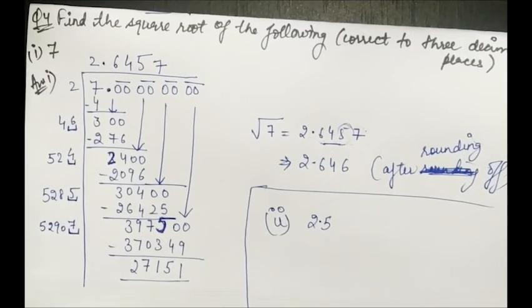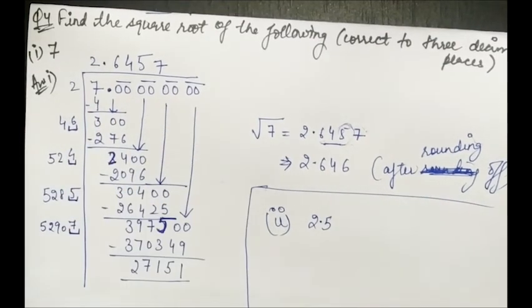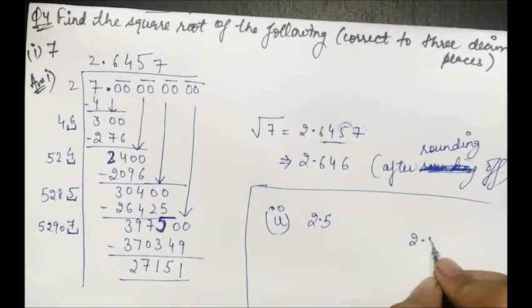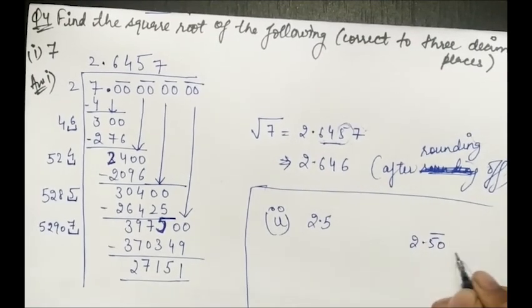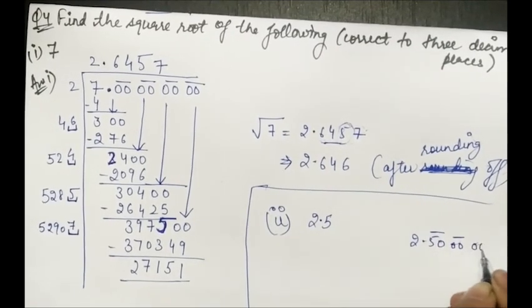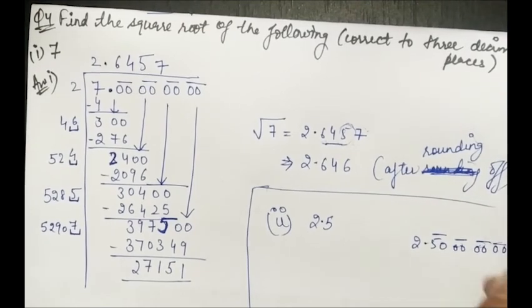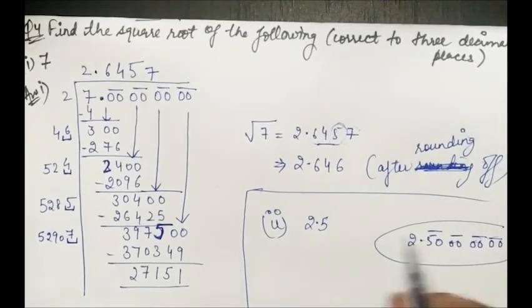How will you do this? Here we have made pairs. So here you will make pairs. Like 5 is already given, you will add 0 here, that means 1 pair, and then 0, 2 pairs, then 3, 0 and then 4. In this type only you have to do this part.